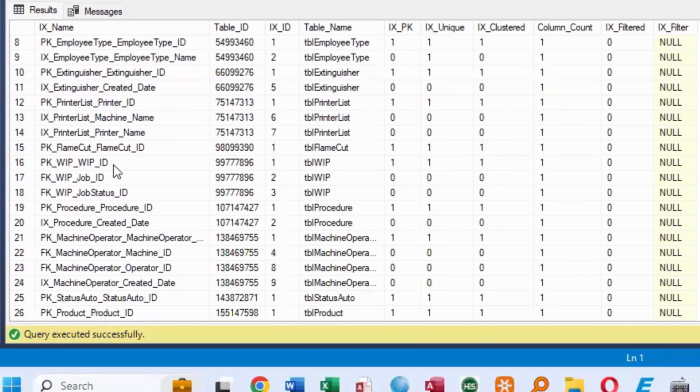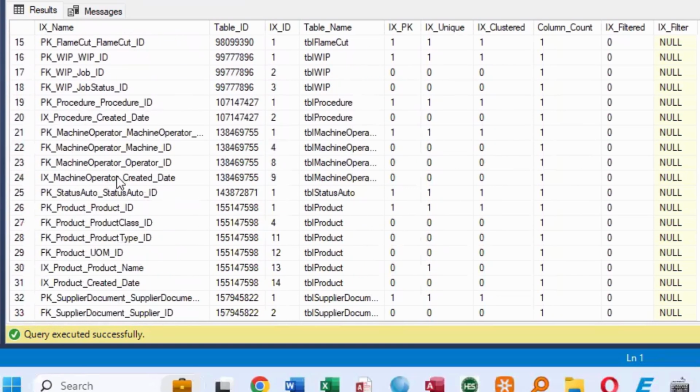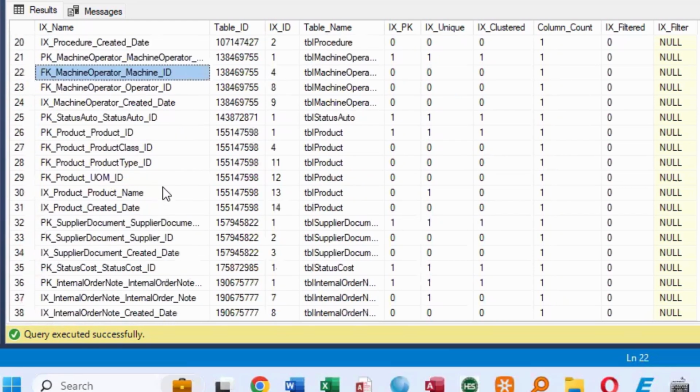However, where we've got things like FK, my T-SQL code creates that index, and I put an FK at the beginning to tell me that it's being used for a foreign key. Whereas just IX means it's not being used in a relationship. It's just an index used for making it faster to find things. You don't have to use the FK, but your primary key indexes will have the same name as the